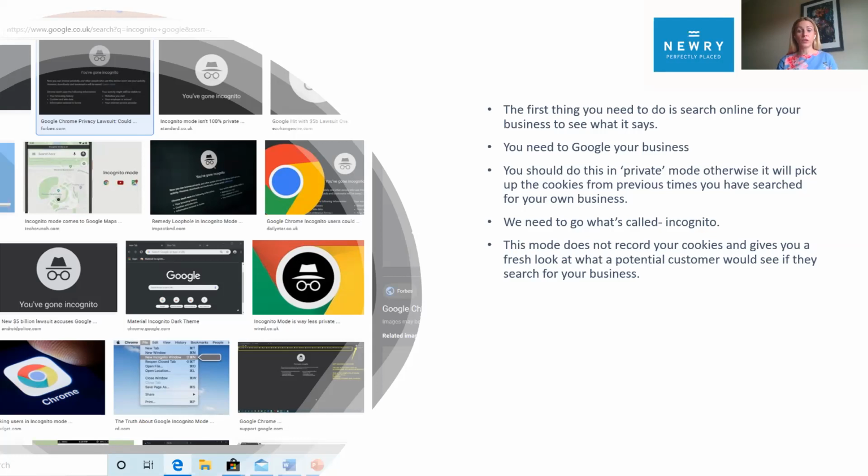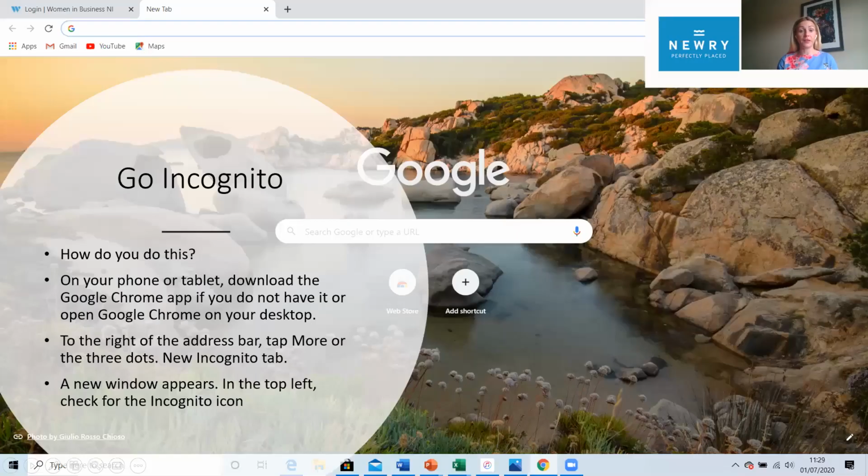So we need to go into what's called incognito. This mode doesn't record your cookies and gives you a fresh look at what potential customers would see if they search for your business. So how do you do this? On your phone or your tablet, download the Google Chrome app if you don't have it, or open Google Chrome on your desktop. Again, you might need to pause and do that and make sure that